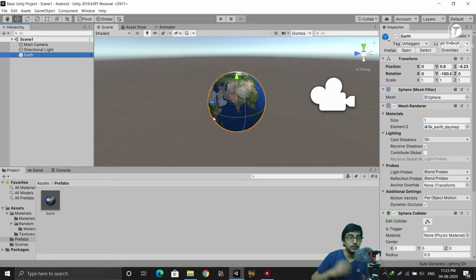Now what I am trying to do with this earth, I am actually thinking of introducing the concept of scripting in Unity using C#. I have already told my viewers, most of whom are beginners and don't know the C# coding language, that I will not use C# very much. I will not write much code. I will only use some simple code, and rather than writing code I will focus on how to use it. So that's what I am doing.